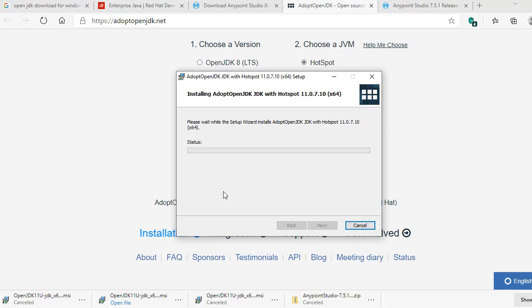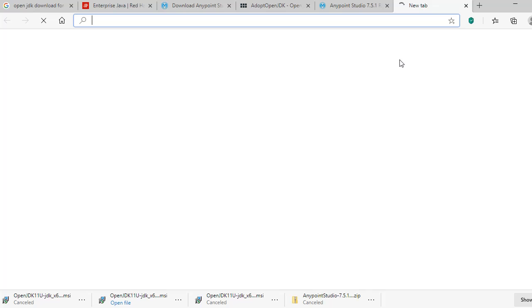So this installation will take a couple of minutes. Meanwhile, what we can do is create one Anypoint platform account for our deployments. To set up your environment, first we need to install Java, then set up some environment variables, and then download Anypoint Studio for our development environment. Then we have to create one CloudHub account. CloudHub account is nothing but the Anypoint platform cloud server account where we are going to deploy our applications in real time, for our test account, our practice account.